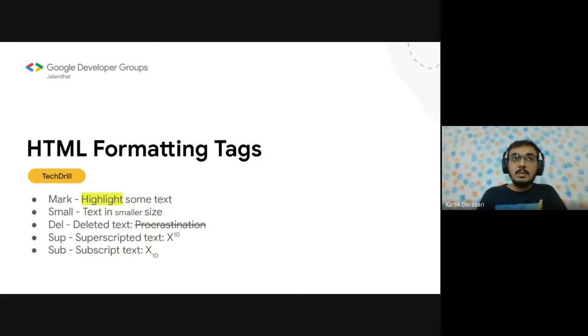Whenever we want something to look like strikethrough, we can use the del, deleted text, tag. Whenever we want superscripted text, here you can see that 10 is above X, so we can use superscript. And whenever we want 10 below X, we can use subscript.